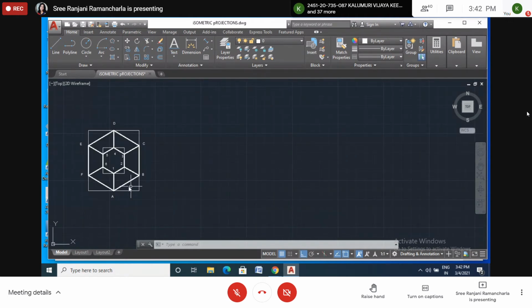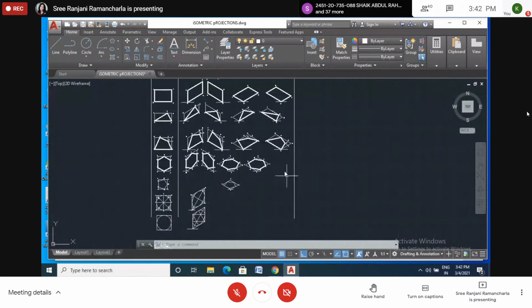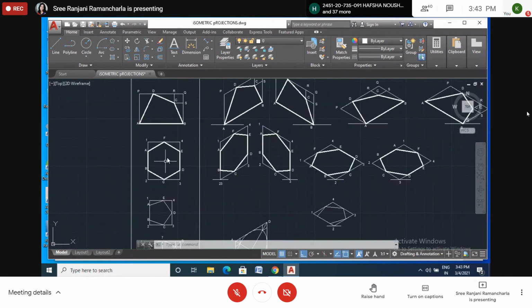So as usual, as we have drawn for a hexagon, how we have drawn? So we have to draw this one, not this one. If we draw this one, it looks lying on the ground. Now we'll draw this one. This is the top view, this is a base. And the top also one small plane, and then we have to join like this.